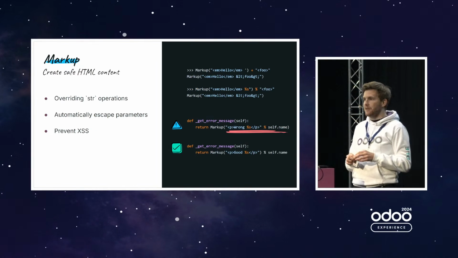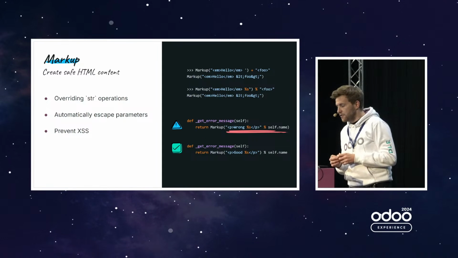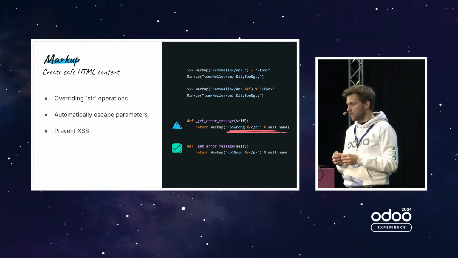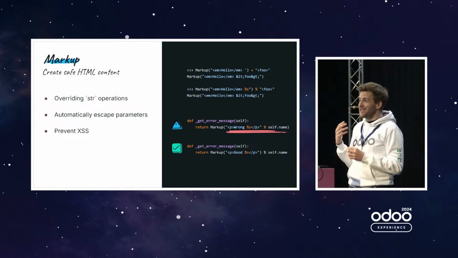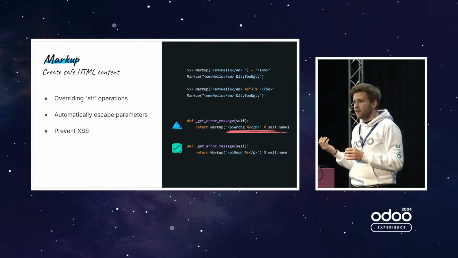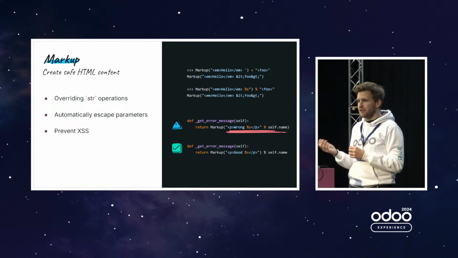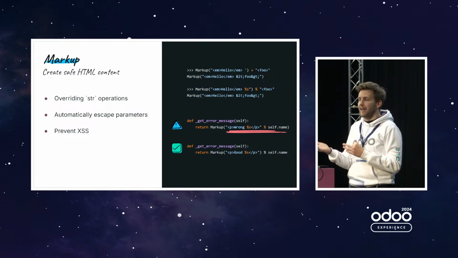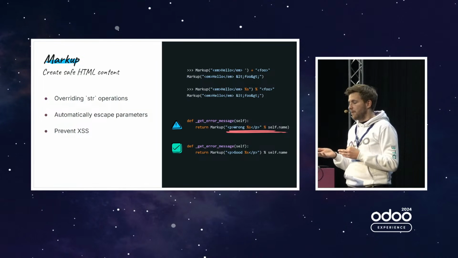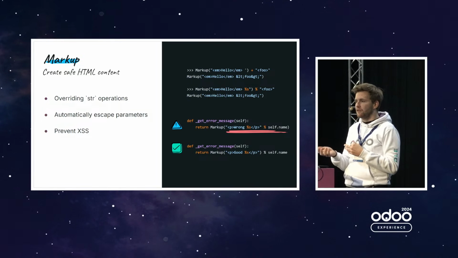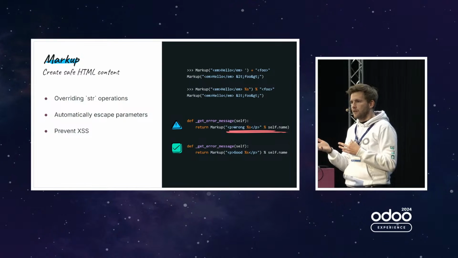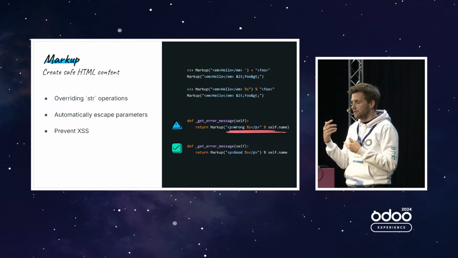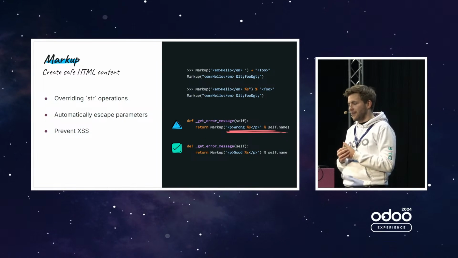Markup. So markup is to write safe HTML. It will escape things automatically for you, and it's also integrated into the framework. For instance, an HTML field would return you a markup. Rendering a QWeb would also return you a markup. There is also a concept of markup in the JavaScript. It's to tell that, okay, I am handling HTML, it should be safe somehow, and it is for the review to tell, okay, this is unsafe HTML that I am playing with. It should be handled somehow, so the security review should check that it's well handled.